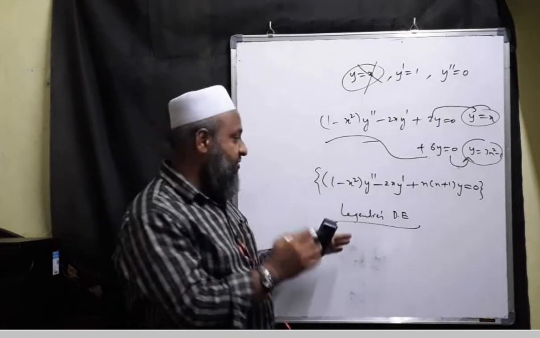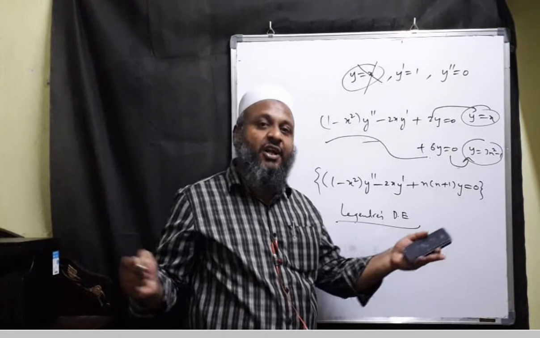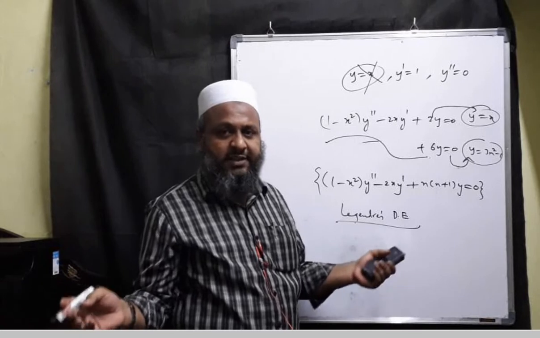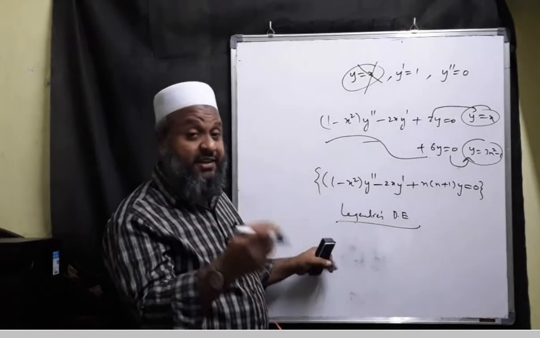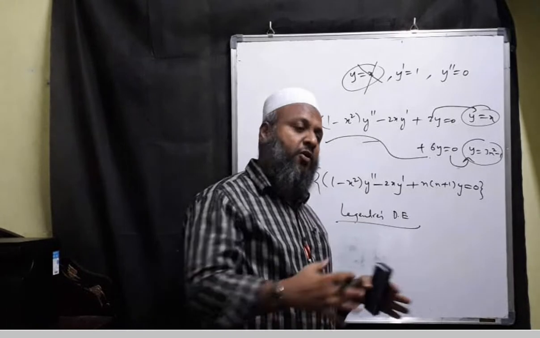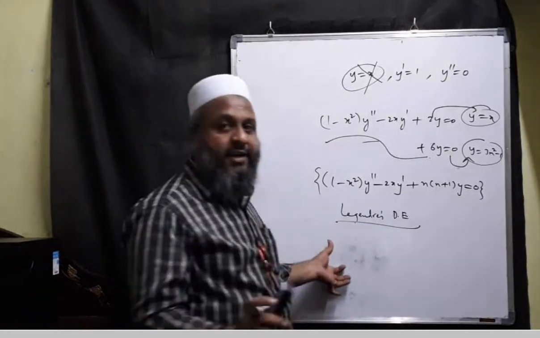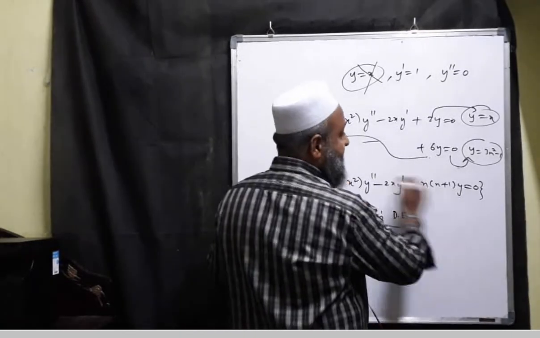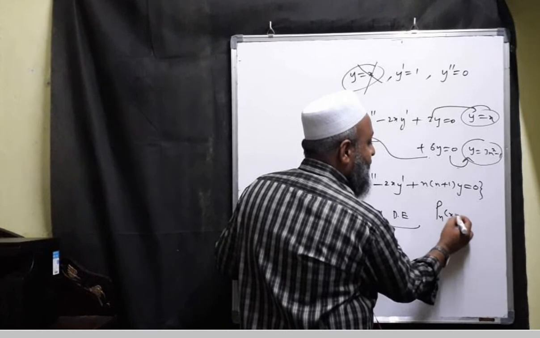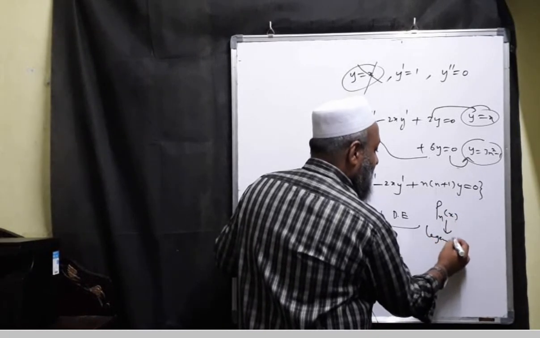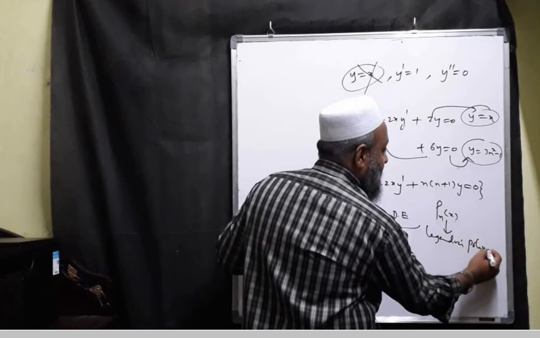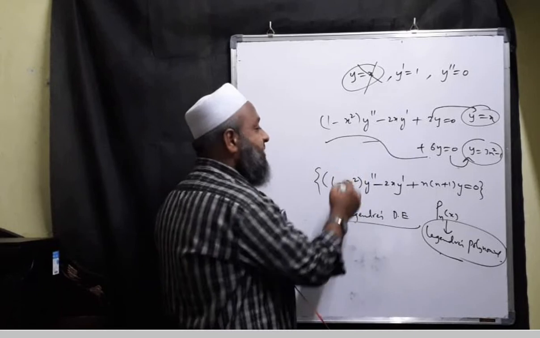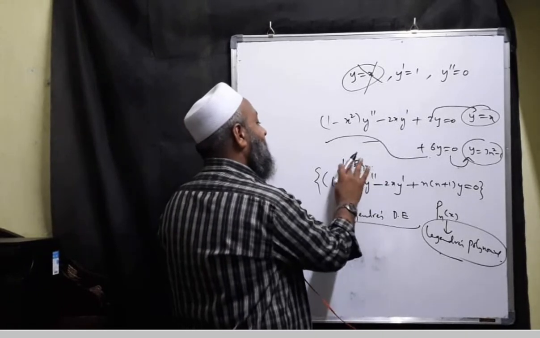This Legendre's equation has many applications, and thereby it deserves to be studied at some greater length. What are the solutions and how can we get one solution from another solution, the recurrence relation, so many things, and what are the ways of getting the solutions. There is Rodrigues' formula. All these things we will see in the next session. Right now I am ending with the point that if it is n here, then the solution for this differential equation is given by Pn of x, and it is called Legendre's polynomial. What are Legendre's polynomials? They are nothing but polynomial solutions of Legendre's equation.